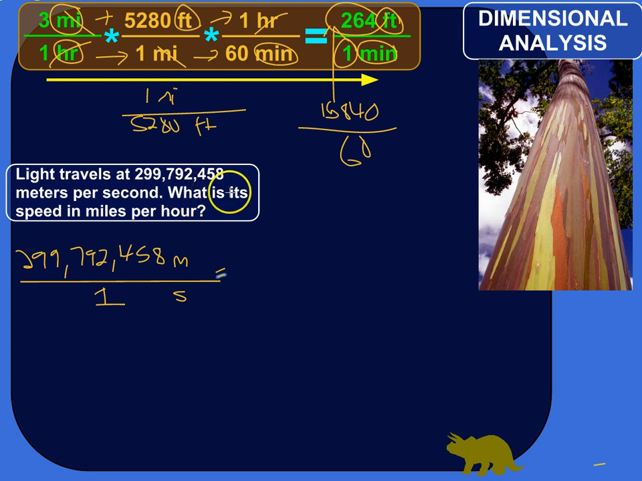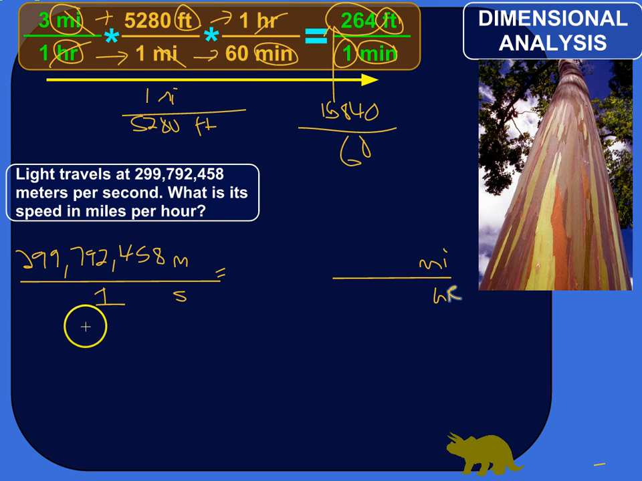Crazy fast. So what is its speed in miles per hour? What I want to end up with is something in miles on top and something in hours on the bottom. So I'm starting with meters and I need to convert that to miles. And I'm starting with seconds and I need to convert that to hours. So let's start with